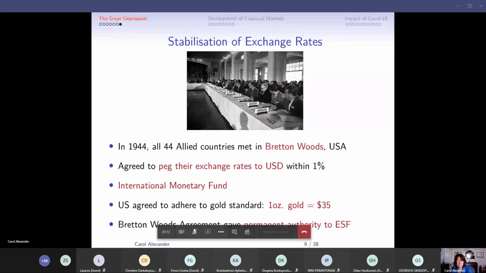And the reason that John Maynard Keynes did not win the argument for a basket rather than a single currency was that the US had most of the gold, 4,300 tons of gold, and it agreed to adhere to the gold standard, setting 1 ounce of gold at $35. And the Bretton Woods Agreement gave permanent authority to the Exchange Stabilisation Fund to more or less autonomously